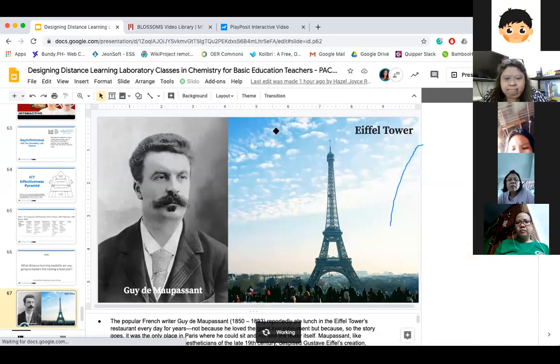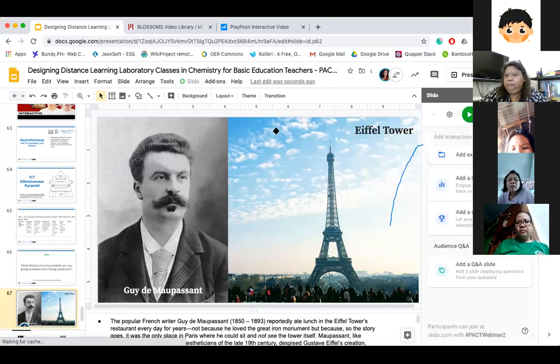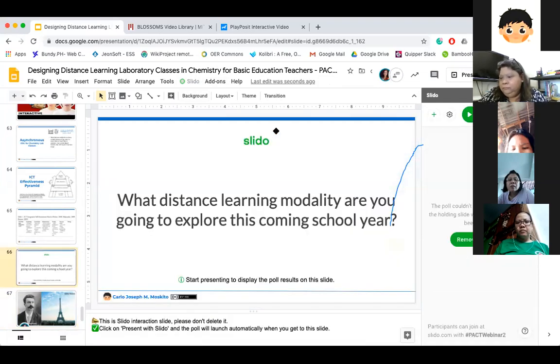Actually, it's really hard right now for us to implement collaboration and communication with the students, especially if you only have the printed ones, because you don't easily get the answers, the feedback of the student. But I think for the online distance learning setup, it will be easier for them to collaborate, especially on sharing their experiences, their experiment data, posting it